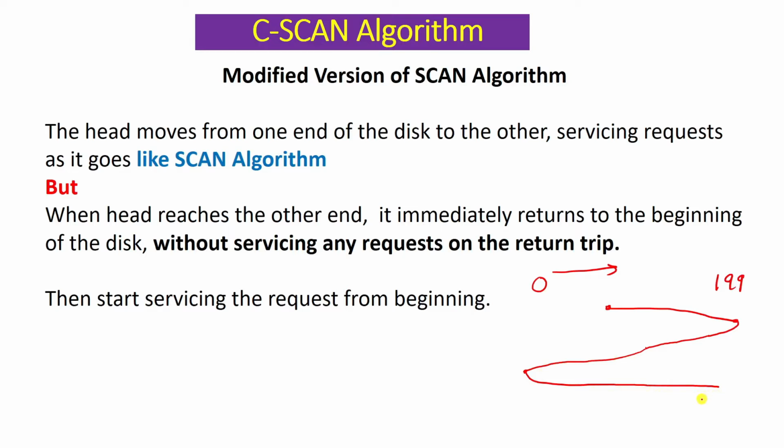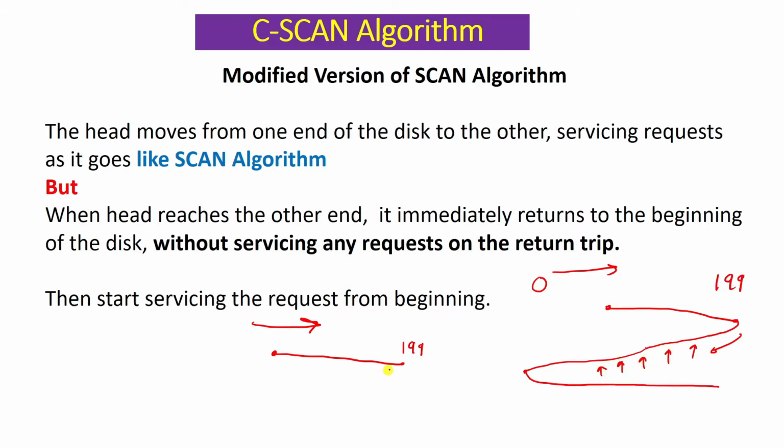But in the C-scan algorithm, we will start from a particular point, as in the scan algorithm. Let's say again we are following this direction, and we started from a particular initial position of the read write head. In C-scan we will first go to the last cylinder number, let's say 199, and in between we will be servicing the various requests as we are given. After that, in the scan algorithm we were reversing our direction and servicing the requests which are given to us, right?